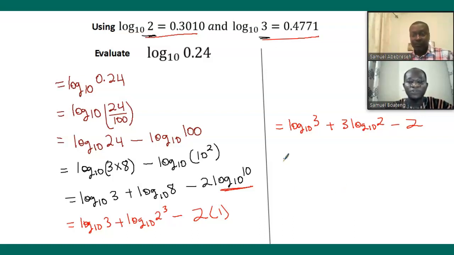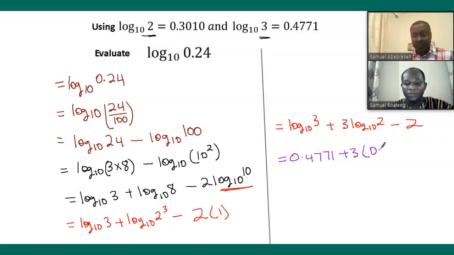So all that we need to do is to substitute their values. So we have, bring your equal sign, log 3 to the base 10 is 0.4771 plus 3 times log 2 to the base 10 is 0.3010